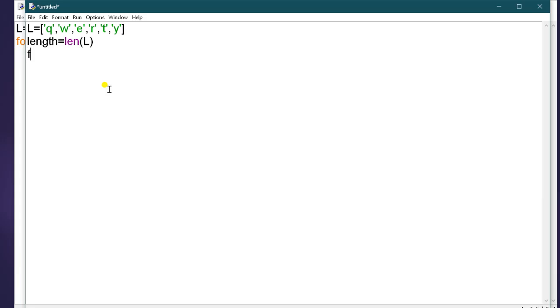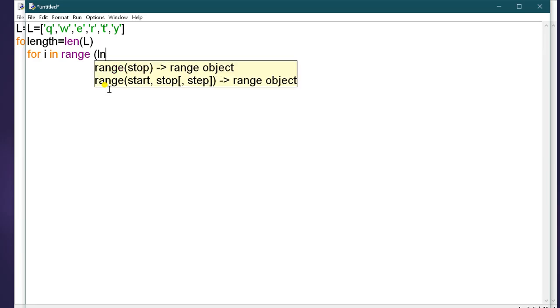Now use the for loop: for I in range of length.